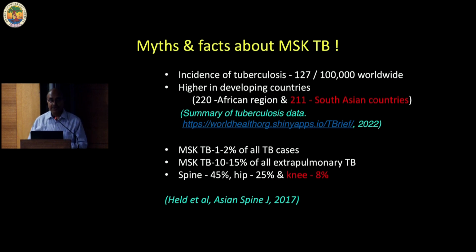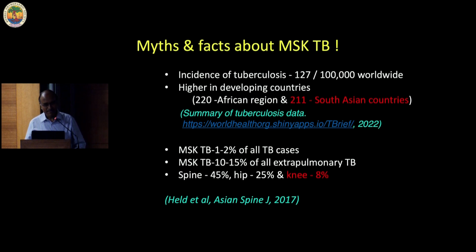For example, in African countries, the number is 220, and in South Asian countries like India, it is 211 per 100,000 population. And musculoskeletal tuberculosis, though it is about 1 to 2% of all tuberculosis cases, involves around 10 to 15% of extrapulmonary tuberculosis, and spine is the commonest site. That's why it has been presented first today, followed by hip in 25%, and knee is the least common site, that is 8%. That's why it is the last lecture today for total